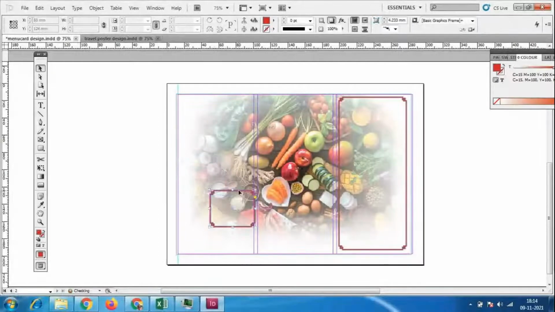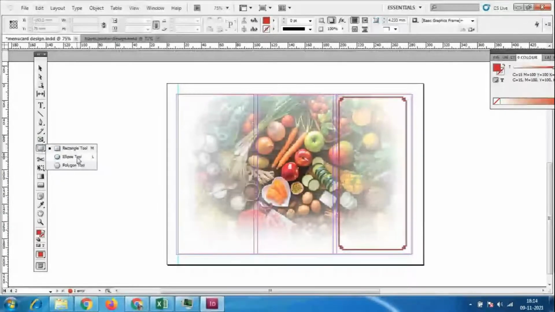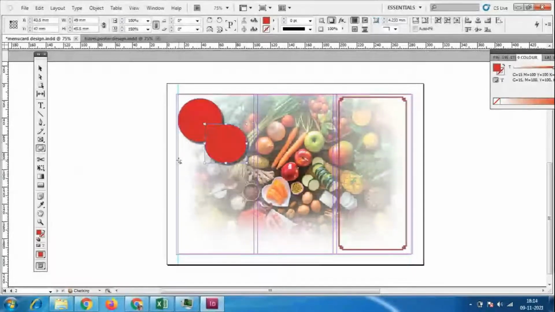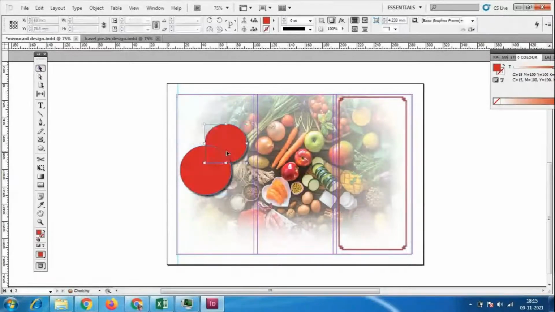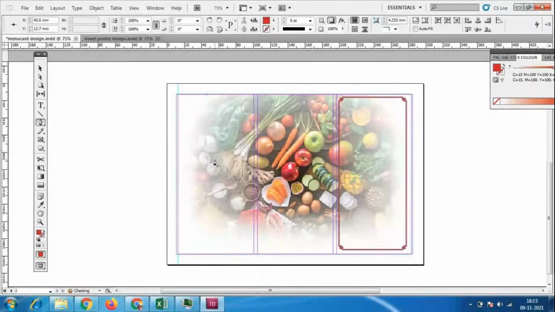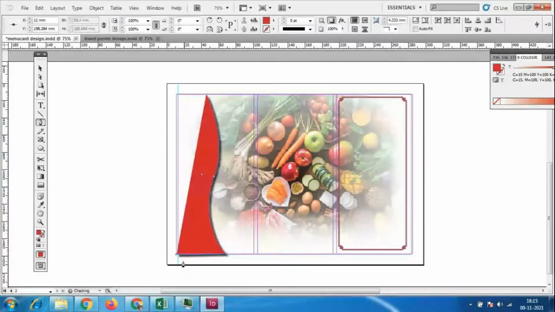Even with the circle ellipse tool, you can add different shapes over here. This I have shown yesterday. Okay, even with this pen tool we could make some minimal designs like this also. We have to cut the middle point, the center point, using this pen tool. Look here, so I'll zoom in, Control plus, and direct selection tool,